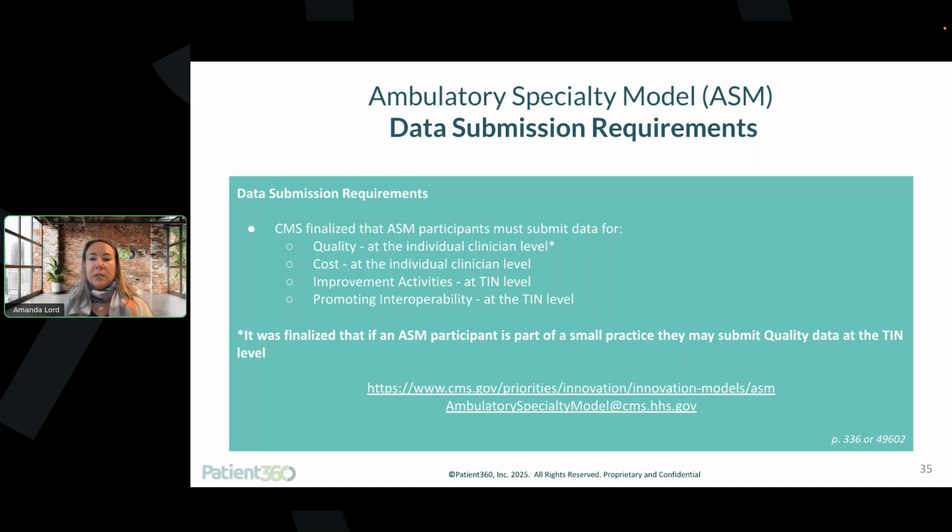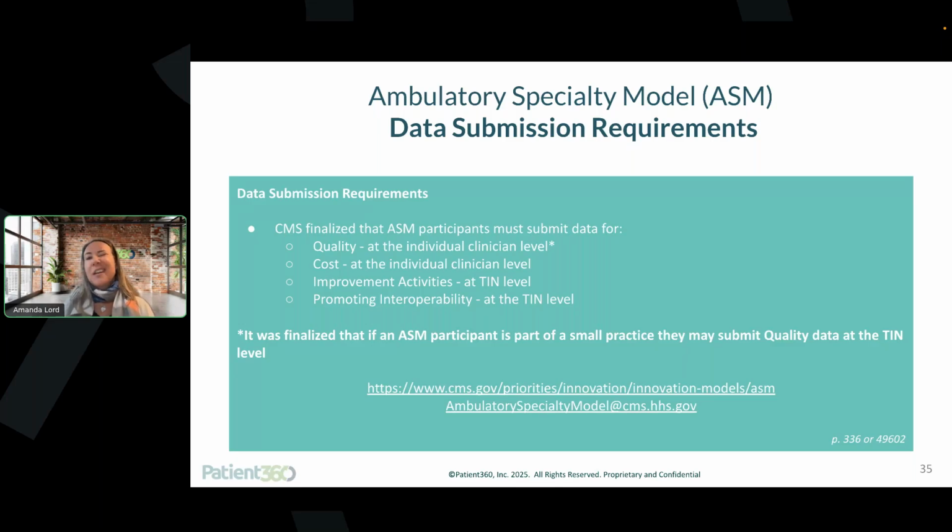And we know that detailed information about the process by which small practices will report as a TIN for the quality category will be released in the participant information section of the link on this slide here. So you want to keep monitoring the link in the slide in the coming months, as that's where CMS is going to release more details on the mechanics of how to report ASM quality measures at the TIN level for